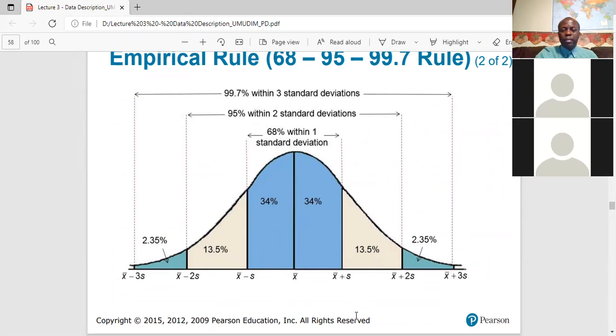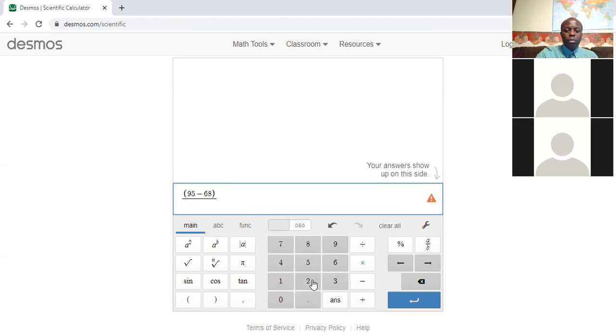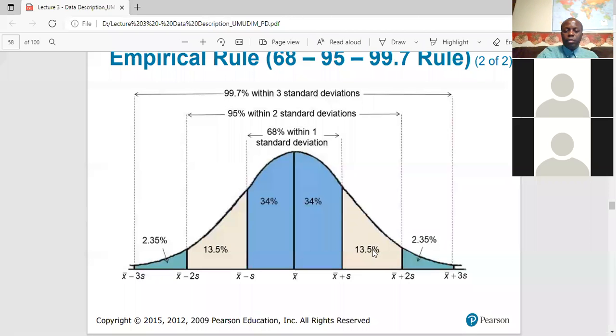So let me show you what I mean by that. I got 95 minus 68 gives us 27. Okay. Now, if you divide that answer by 2, it gives me 13.5% on the left side and 13.5% on the right side. And you can see it here,